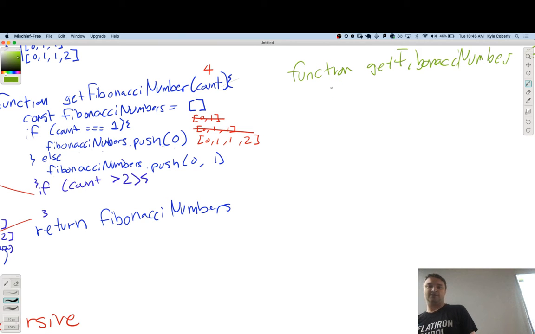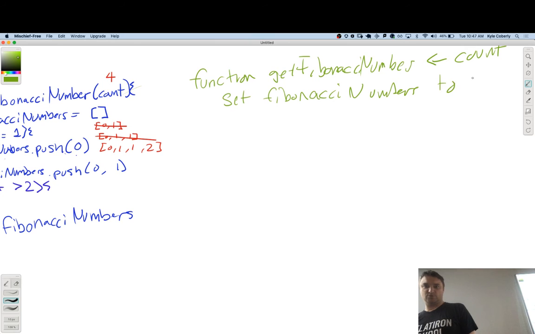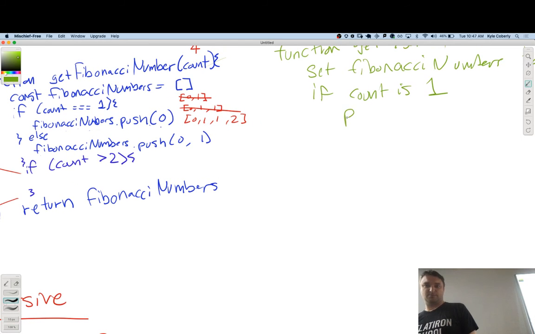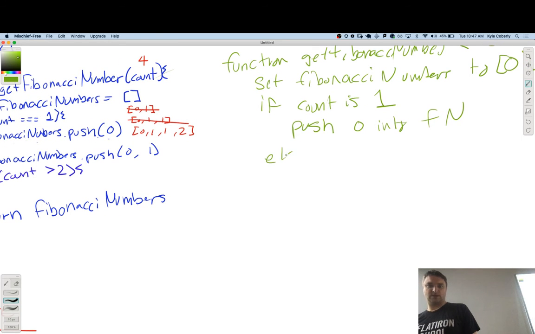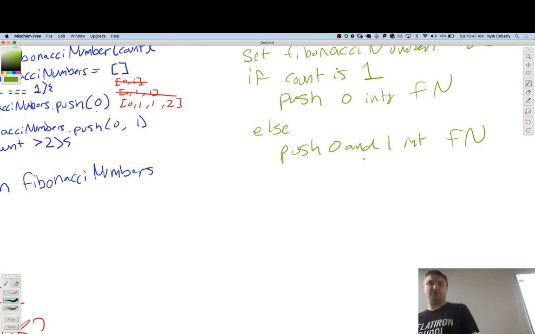I think it's like set Fibonacci numbers to zero, and then if count is 1, push 0 into Fibonacci numbers, else push 0 and 1 into Fibonacci numbers.